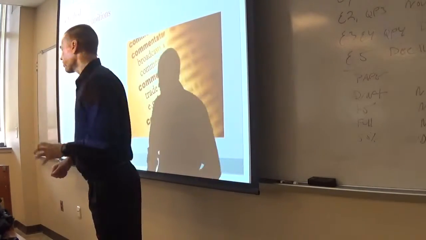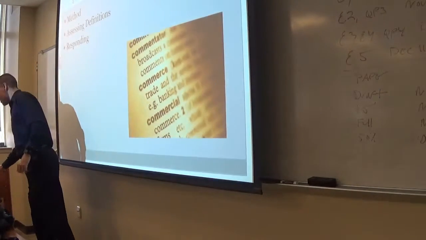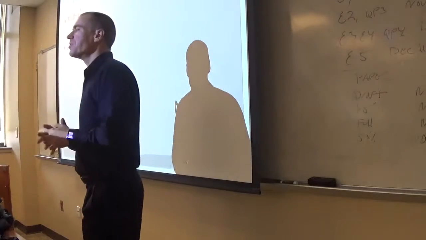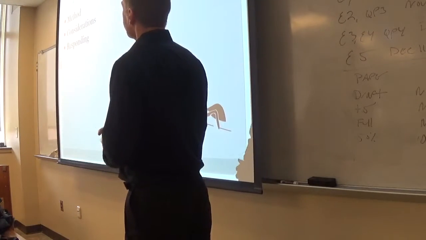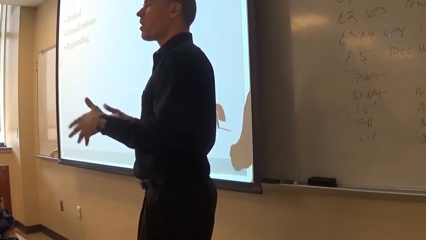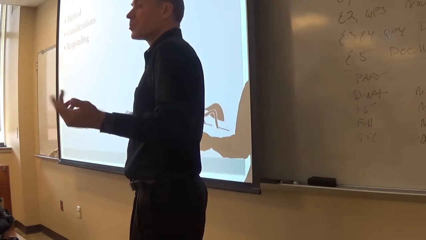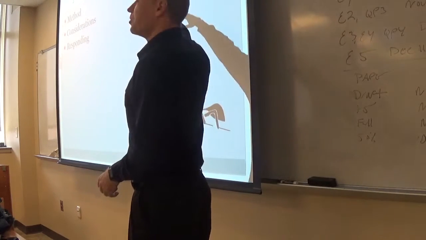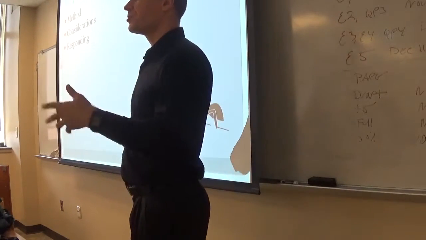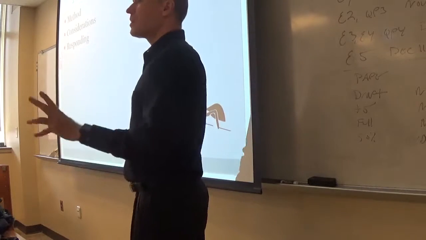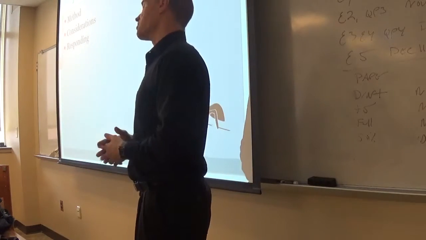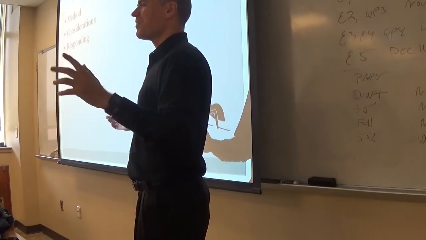Okay, so last time we were looking at some of the methods, and as I mentioned, these are things that you don't have to use in your paper, but things that could prove useful. Because each one of these is essentially a template for arguing an ethical issue. And for each one I went through how to use the method, and then how to respond to it. What is something you could use in your objection reply? But again, you don't have to use any of these, and you certainly don't have to use all of them because there's a whole bunch. If you used all of them, you'd have a really big paper.